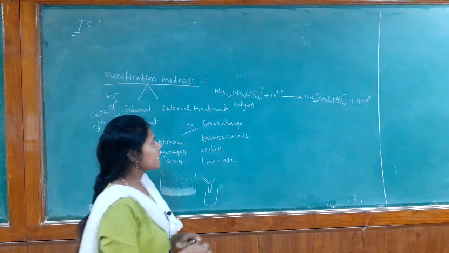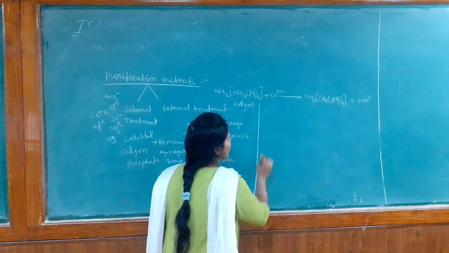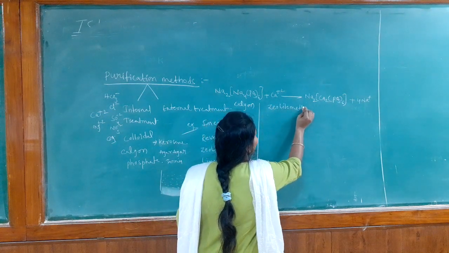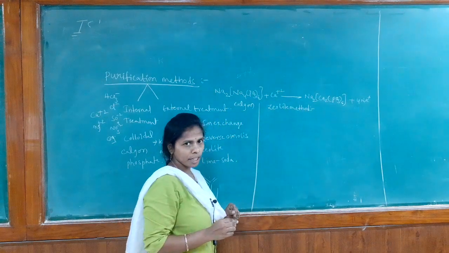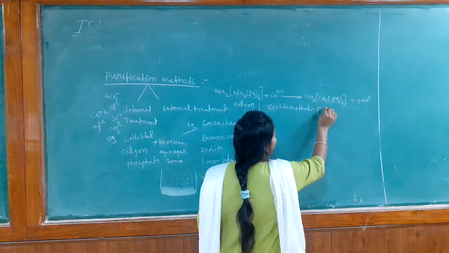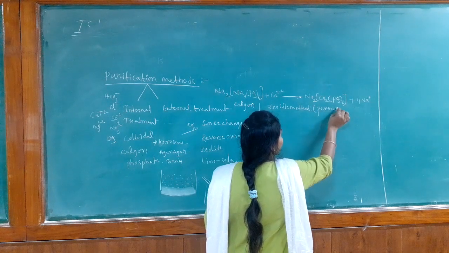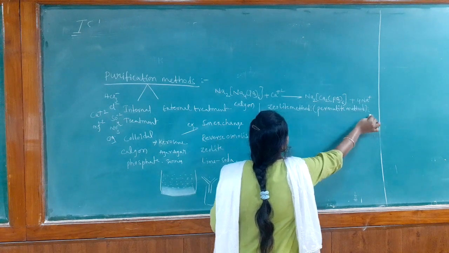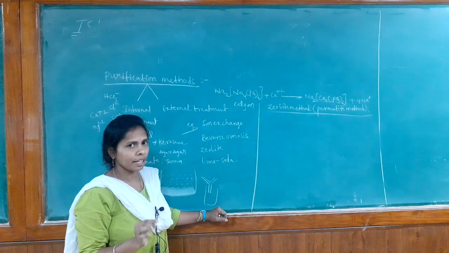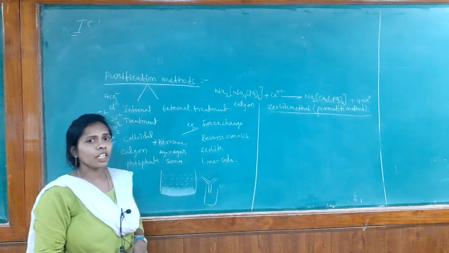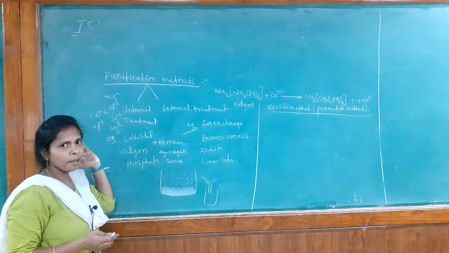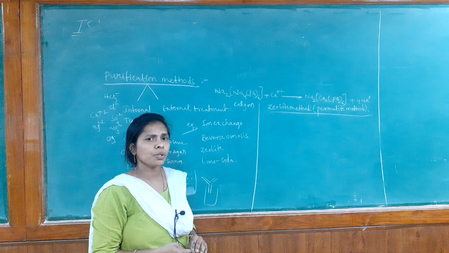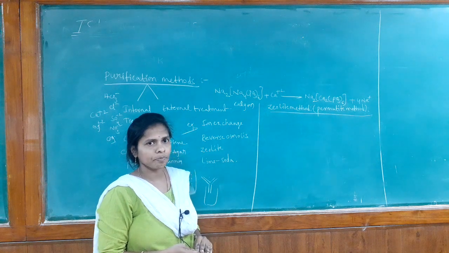Yes, so let us see the zeolite method. Zeolite method is also called the permutit method. The other name of zeolite method is permutit method. So I told you what the use of the zeolite method is. Zeolite method is removing only the cations in the water sample. But what cations are present in the water sample? Calcium plus 2 and magnesium plus 2. So by using the zeolite method, we can remove calcium plus 2 and magnesium plus 2 in the water sample.